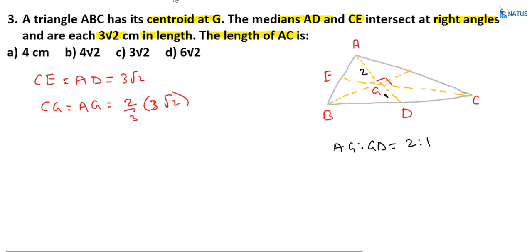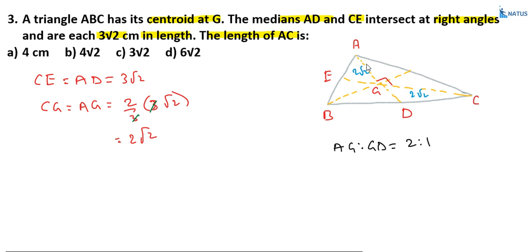So here 3 gets cancelled. So this is equal to 2 root 2. That means this length is equal to 2 root 2 and this length also equal to 2 root 2,